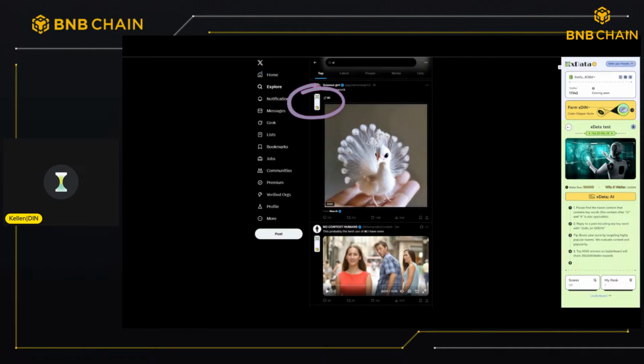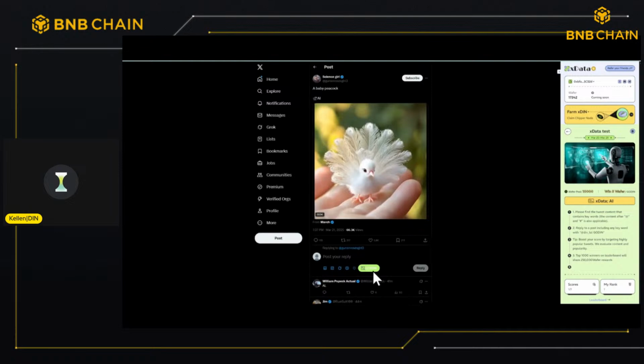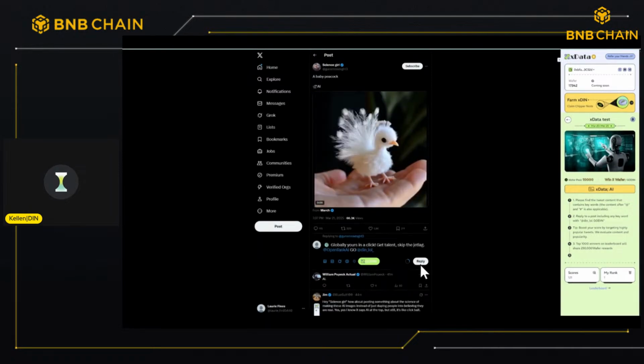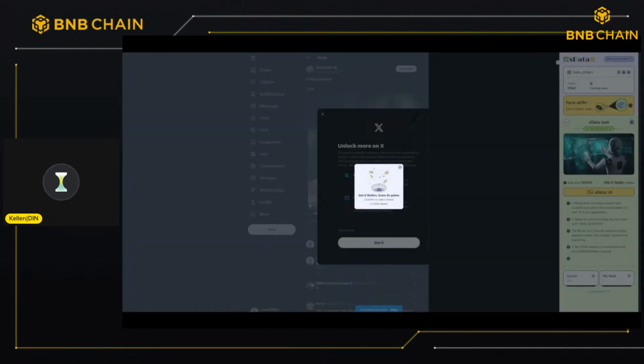Your job is to select your favorite tweet that includes these keywords, and we've made it easier for you by highlighting it. You can click the Golden button to reply. After you reply, the tweet will be labeled with the keyword. The better the tweet fits the topic and the more popular it is, the higher your score will be. This procedure automates the tweet labeling process.